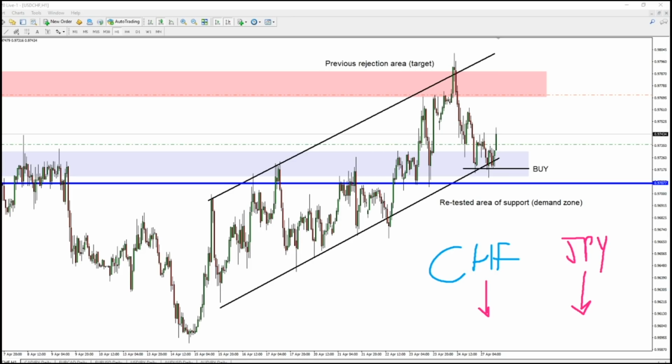Okay, and so right now the stock market is rising. So that gives me another fundamental reason why I'm more willing to actually sell the Swiss rather than be a buyer of it. I want to sell it and I want to go in favor of something like the US dollar, or I want to go in favor of something like the CAD, which we'll get to in just a moment. So this is my first trade that I want to talk about, and I'm targeting just kind of close